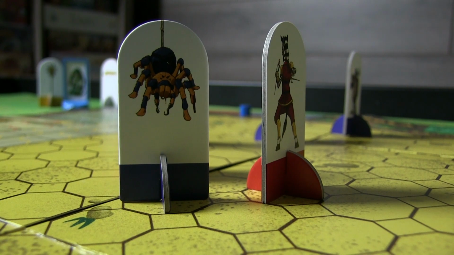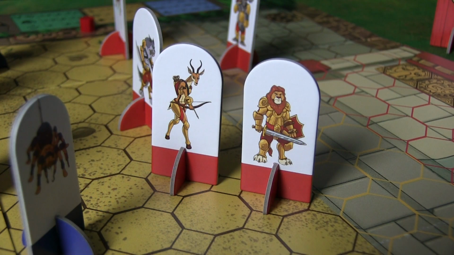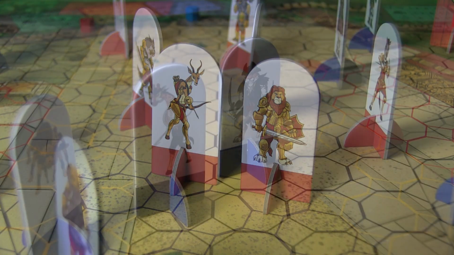Very effective for capturing the enemy. Aquatic animals are pretty clear, really. They dominate and control the water areas with special movement, but are slowed considerably on land. Also, both packs have 2 unique animals, the lion and gazelle in the red pack, and the tiger and giraffe